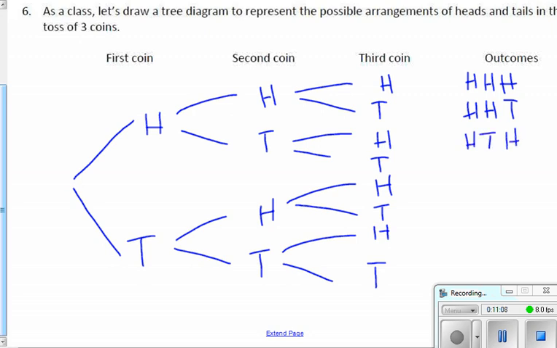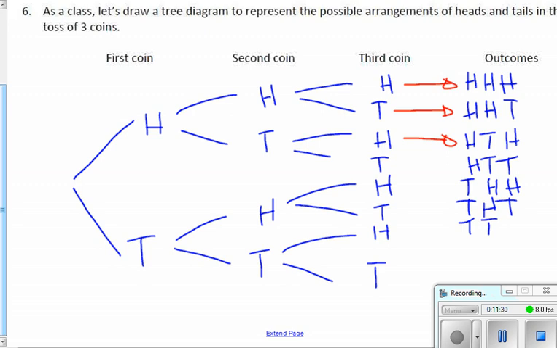Do you see how I'm getting these there? Okay. Next, heads, tails, tails, tails, heads, heads, tails, heads, tails, tails, tails, heads, and tails, tails, tails. Okay? And we can look at these and see which ones of them